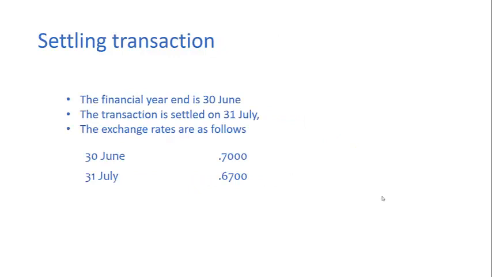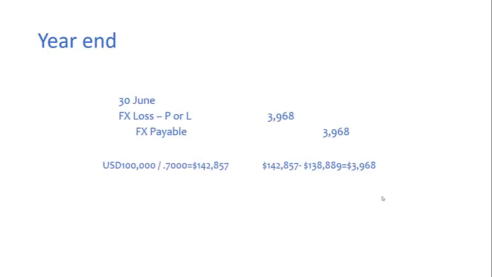In terms of settling the transaction, what we need to understand is that the financial year end for Poor Trading is the 30th of June. The transaction is settled on the 31st of July, and the exchange rates on these dates are 70 cents and 67 cents respectively. At year end we'd have to do an adjustment of the foreign currency payable to the closing